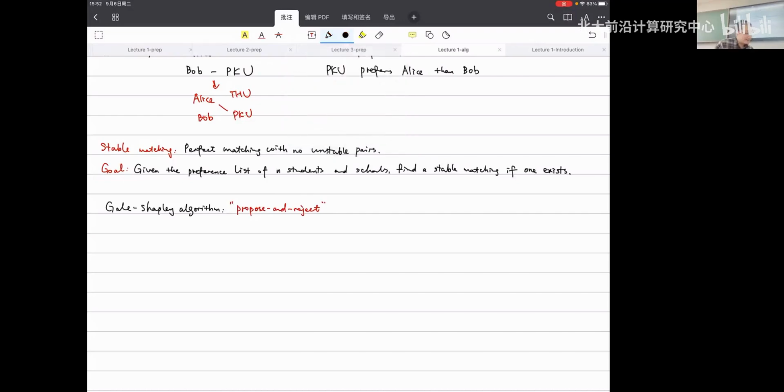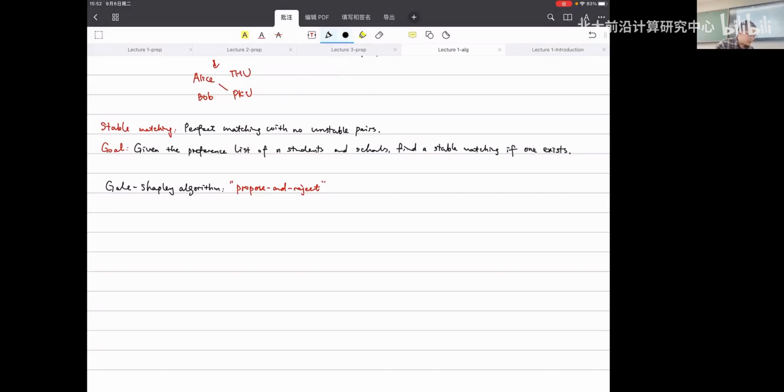So what do I mean by that? Let's just write down the algorithm, and you will probably get the intuition. Initially, we initialize each student to be free. While some student is free and hasn't proposed to every school,